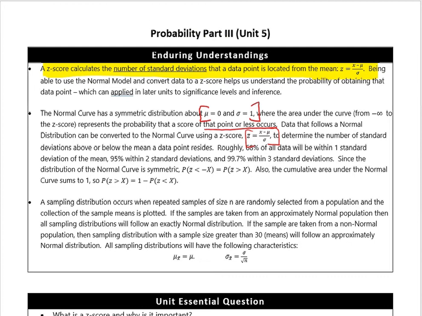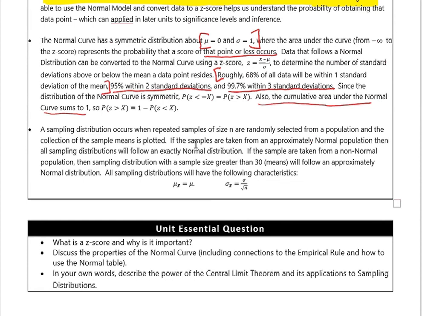Now this next little piece here, let me erase that. Is really important. So roughly 68% of the data will be within 1 standard deviation, 95% within 2 standard deviations, and 97.7% within 3 standard deviations. Since the distribution is symmetric, the cumulative area under the normal curve sums to 1. Okay? A sampling distribution occurs when repeated